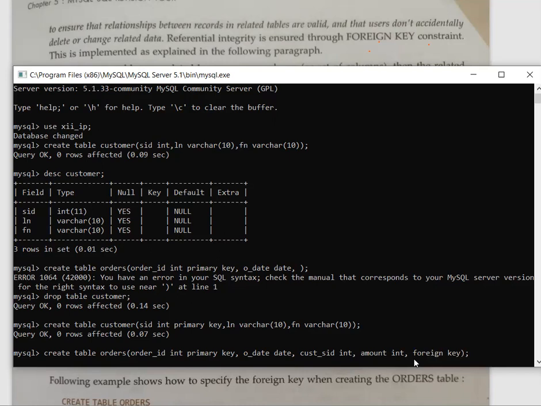Then within bracket, in your table, which column? Now in this table, it is CUST underscore SID. I think this is not clearly visible to all of you, so I'm just making few changes.